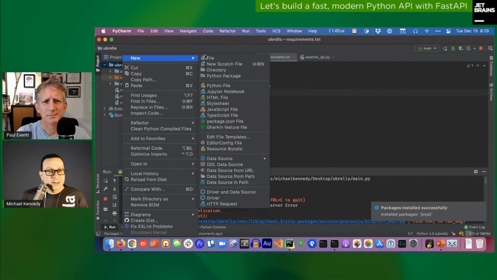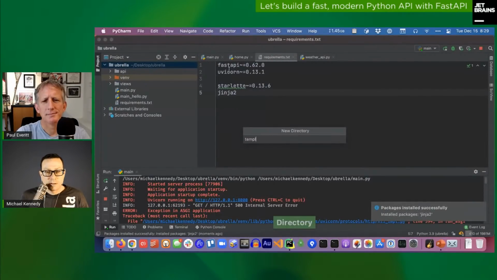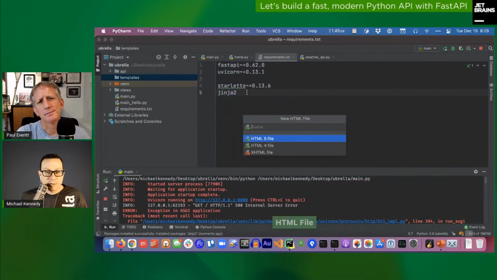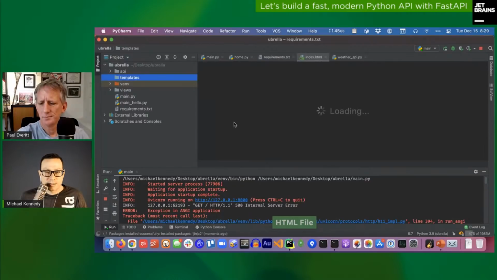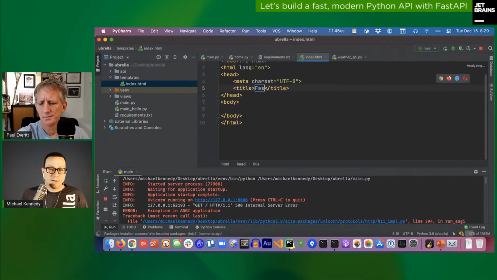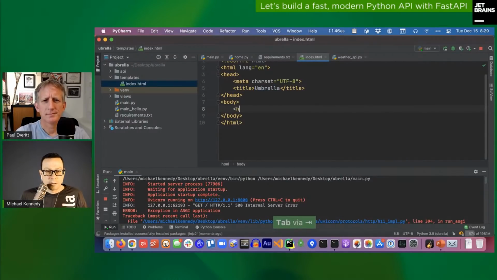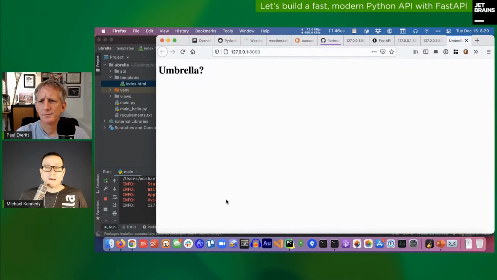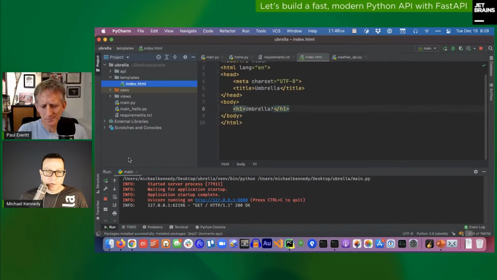One more thing. Let's go ahead and add those templates. Templates is what I called it. And we'll create an HTML file called index. And this will be umbrella. H1. Umbrella. One more time. Umbrella. Okay, so we've got our umbrella thing, right? We've sort of even added this whole, hey, it's a whole web framework, not just APIs, right? Well,